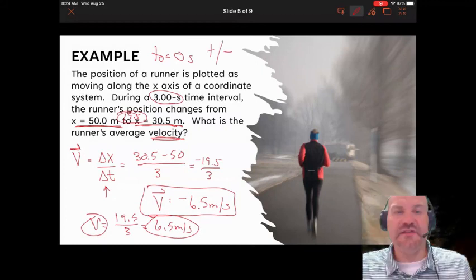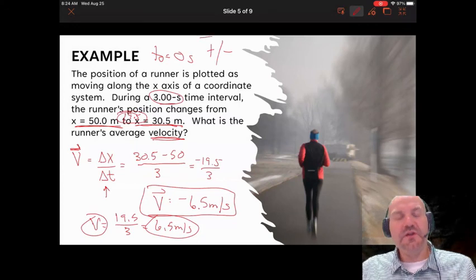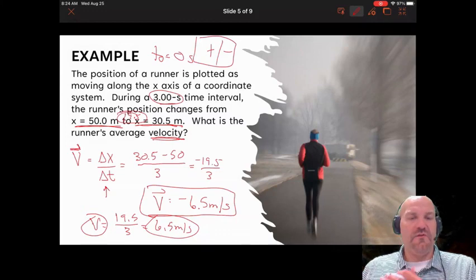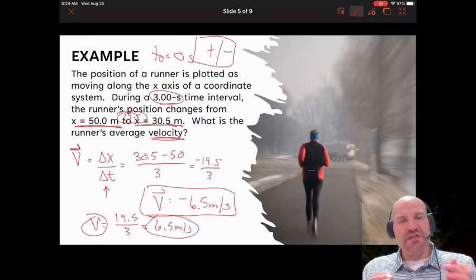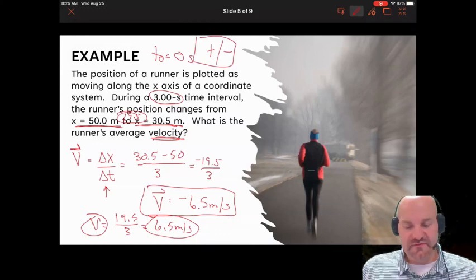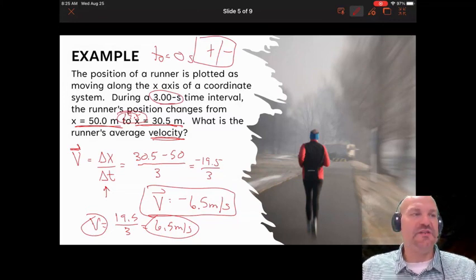So common ways for direction: positive, negative. Even if the problem gives you a compass direction, we always tend to go back to positive and negative. So if it's to the right, or if your position increases, it's positive. If your position decreases, it's negative. Okay. As I mentioned, in Physics C we now will talk about instantaneous velocity in addition to